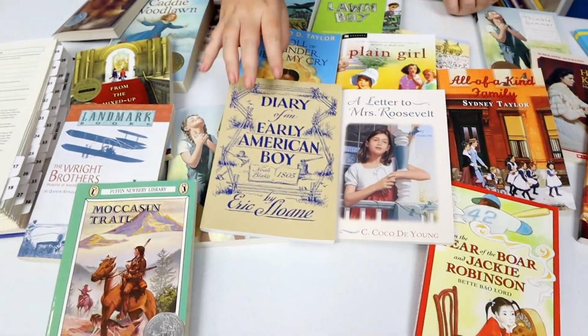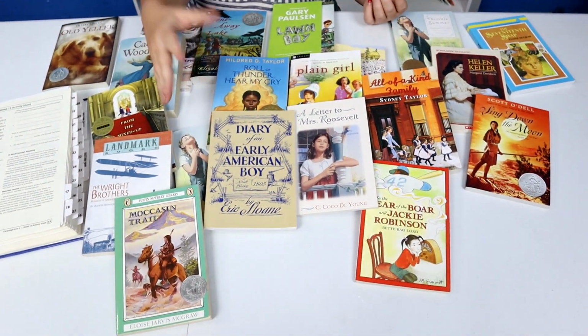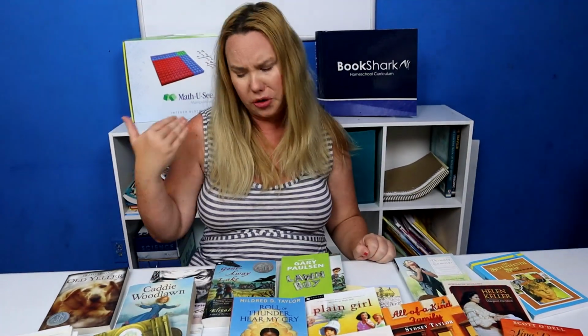Okay, so here's an idea of some of the books that they sent. I try to grab most of the ones that are the language arts based books, but some of these, like the Diary of an Early American Boy, was actually under the science category, and it goes along with language arts as well. They send you a ton of books to use, and all these books are usually like Newbery Award winners,